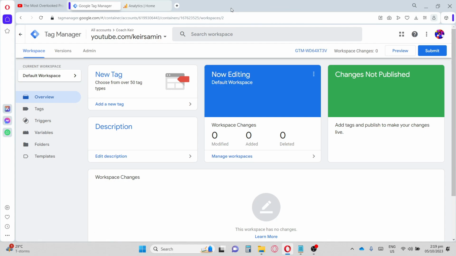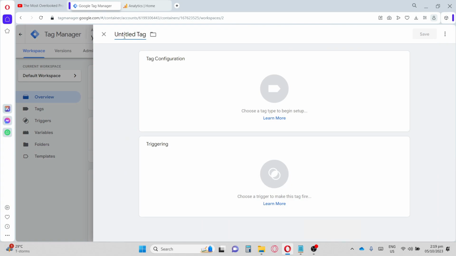Hey guys, today I'm going to show you how to connect Google Analytics with Google Tag Manager. So first things first, go to your Google Tag Manager here. And once you're here, you're going to go on for the new tag. Go ahead and click on it. And then from here, choose any title,